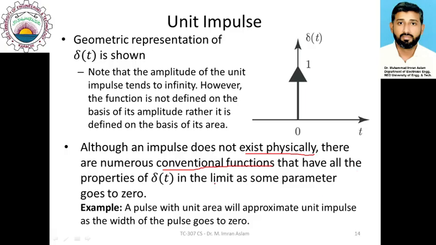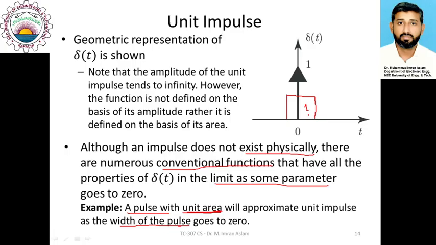whenever we have some limiting property, or a limit of some parameter that goes to infinity or goes to 0. Say for example, if we have a rectangular pulse, like this, and we have the area of the pulse as unit area. So if the area of the pulse is taken as 1, and if we try to reduce the width of the pulse, keeping the area constant,